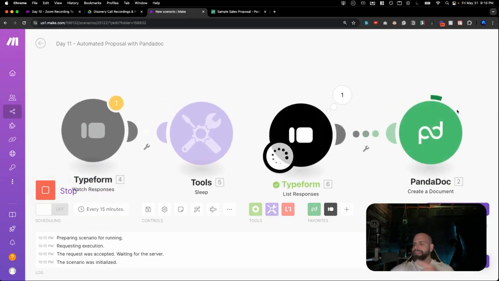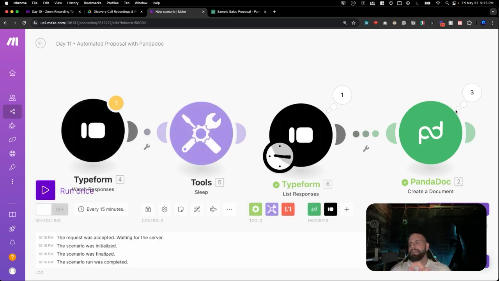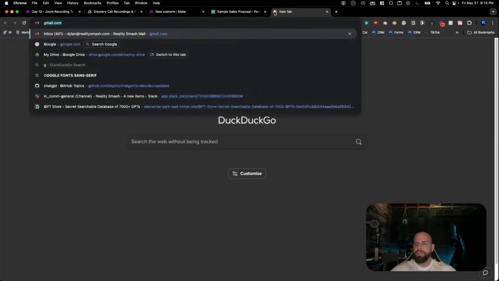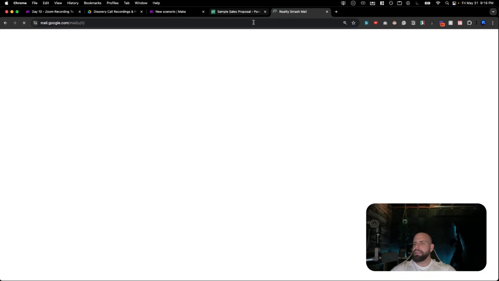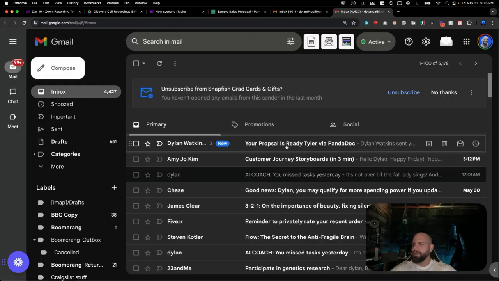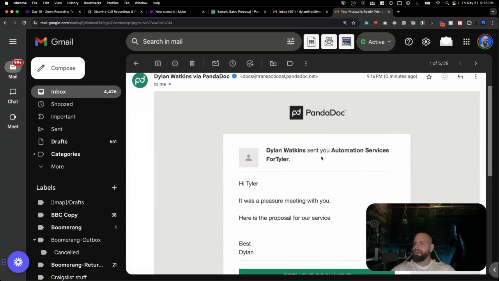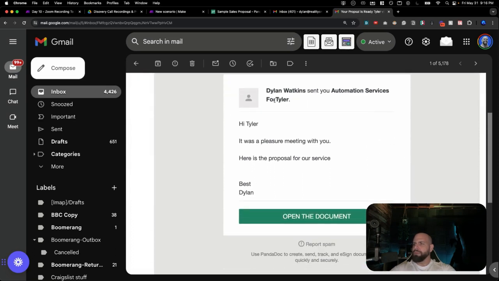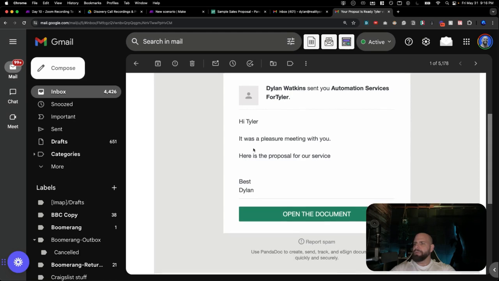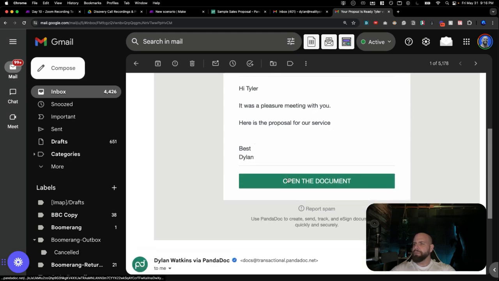It's coming across. It's making it, which means it's also emailing it to us as well. So if we check right now the actual document. Oh, and the reason why it's doing that right now is actually because I have bundled IDs. So it's actually sending multiple ones out right now. So I'm going to go here. We're going to go inside of here. And you can see right here we have Dylan Watkins sent you an automated services for Tyler. Put a little space right there. Hi, Tyler, it's a pleasure meeting you. Here's a proposal for our services. So if we open up the document right here,